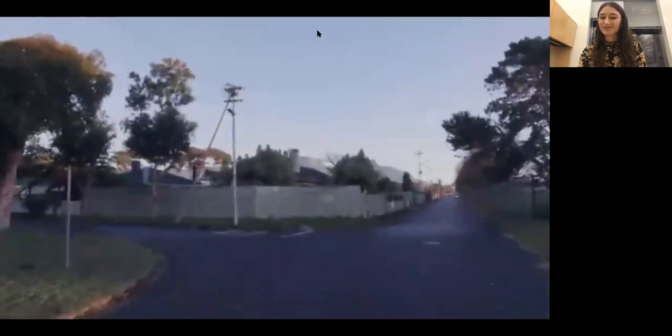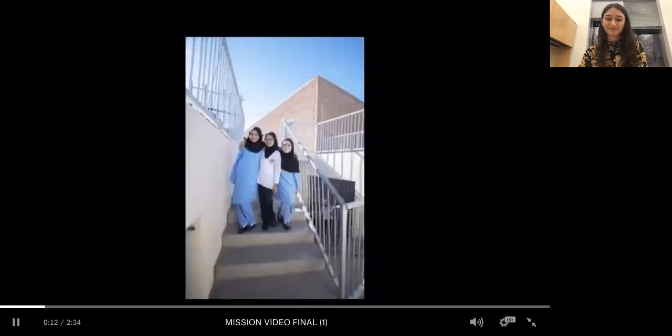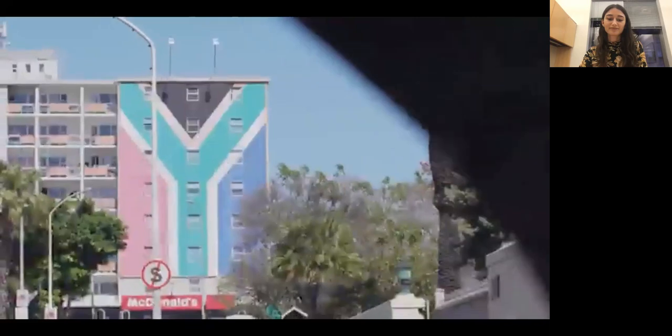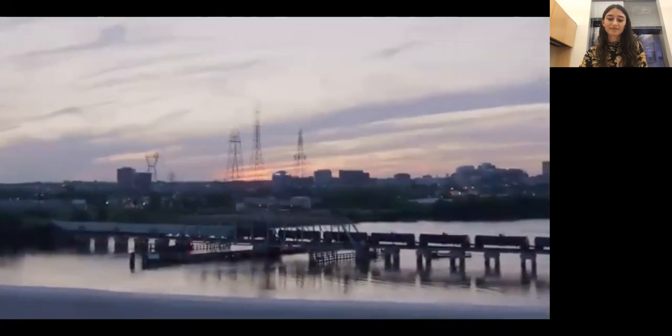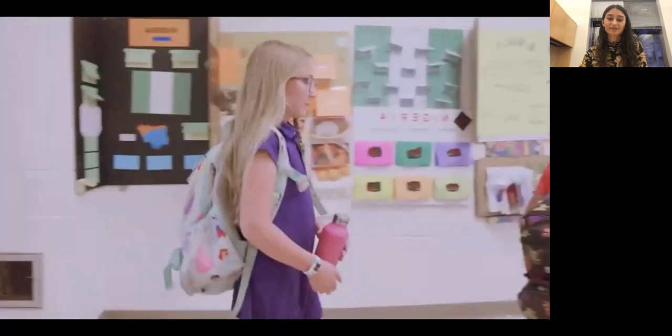Can you see? This is my friend Miriam's house. This is Miriam. This is where she does her homework. Her favorite thing to do is knitting. So far, she has knitted a beanie and a scarf for her friend. She lives in South Africa. I live in America. This is me. That's my friend, Lily.